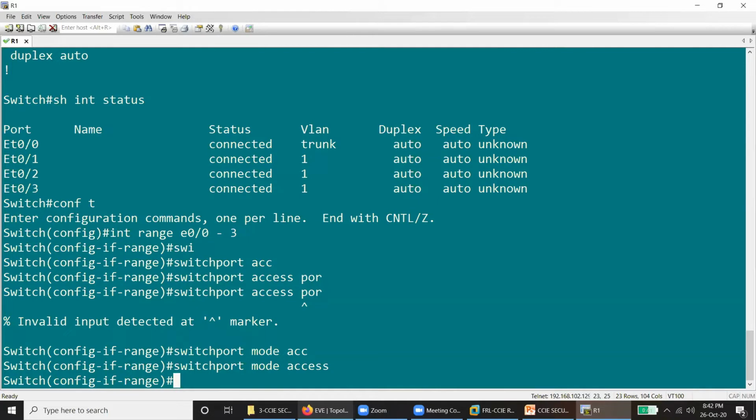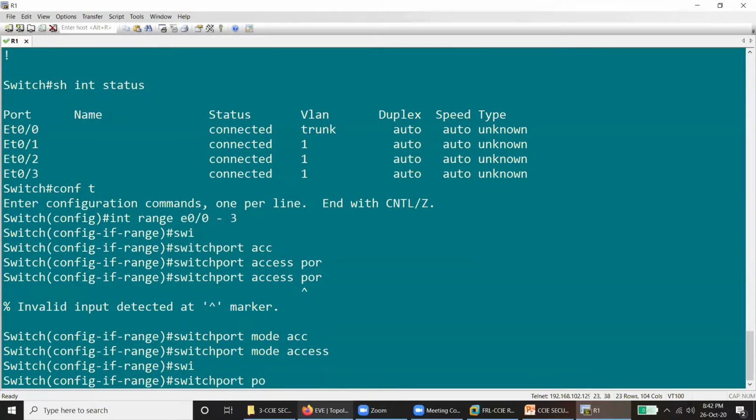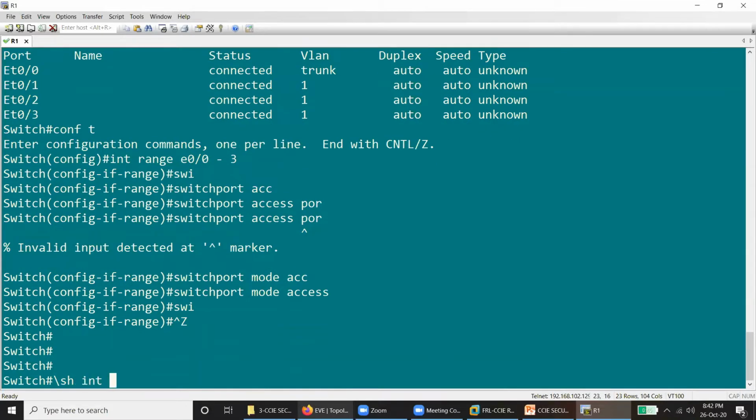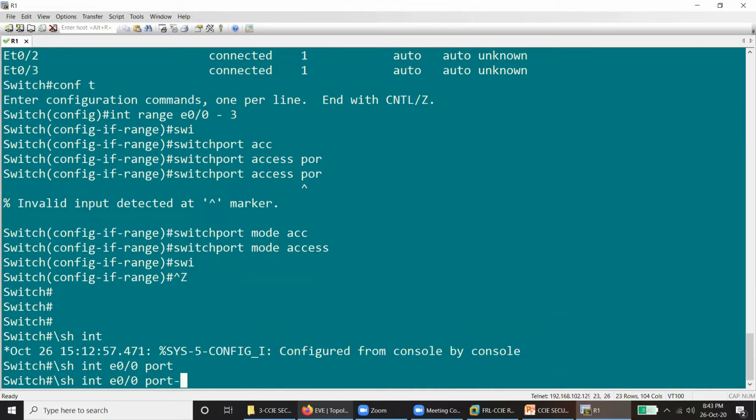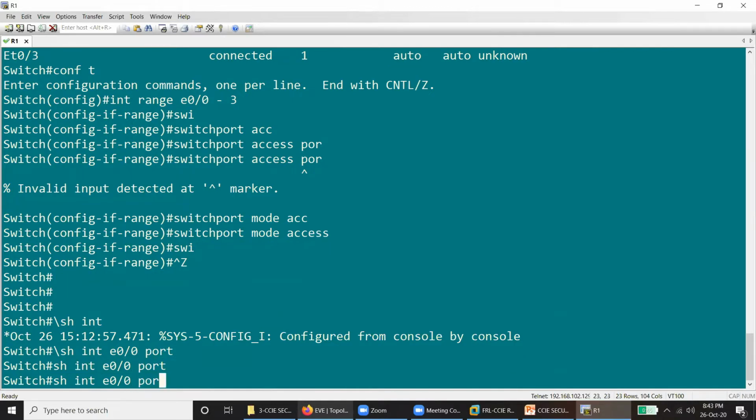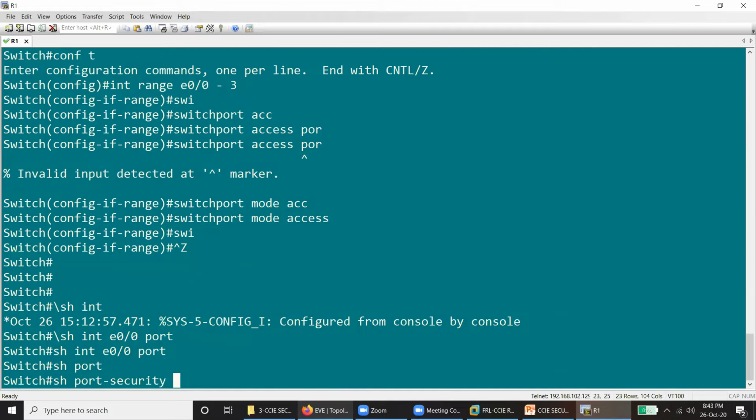Access port means only one device, or 2 devices, that is, an IP phone can also be made part of that access port. Access port is where you have edge ports. Access ports are configured for PortFast. Last time also I told you. So for port security, when you give the command show port security interface E0/0,